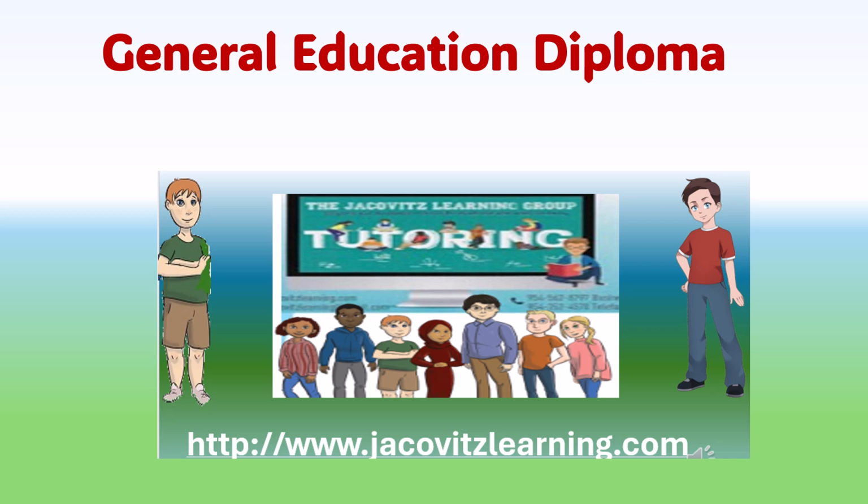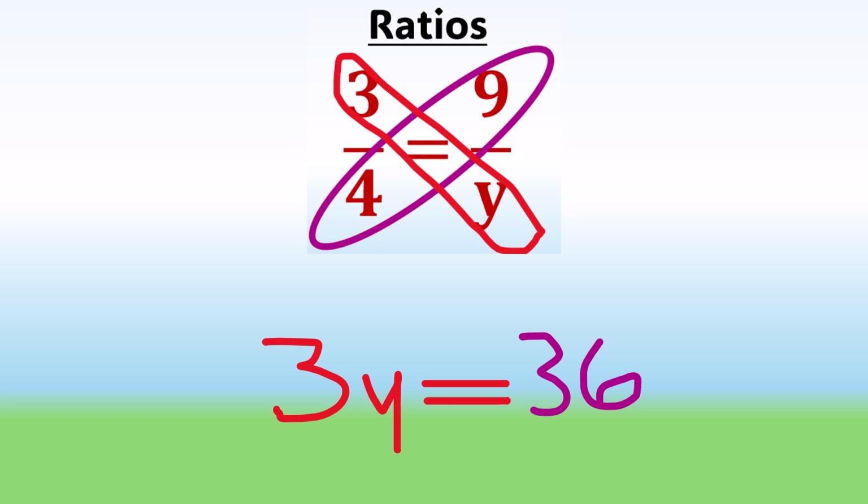Okay, so we're back for the second part of the math on the general education diploma. Just keep in mind this is a ratio, and I just want to show you something. This is 3 and 4, and this is 9, and this is y. So let me write this again so you can see this. 3/4